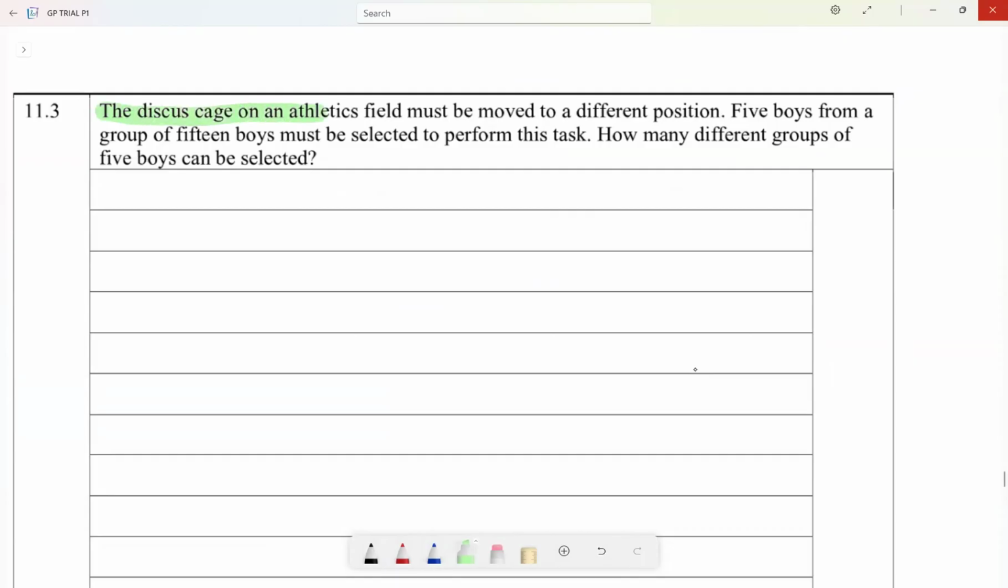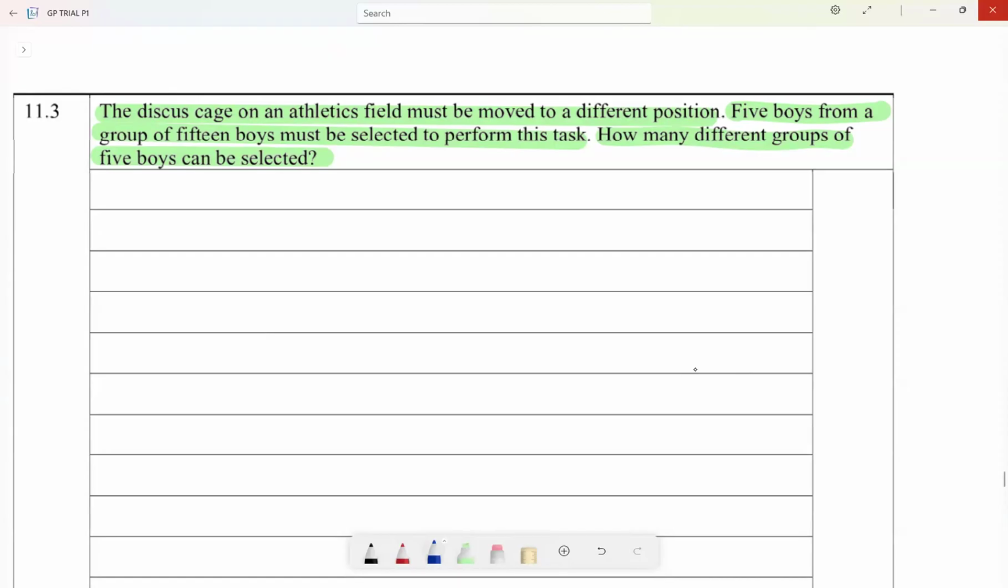It was removed, but I'm going to attempt it. The discus cage on an athletic field must be moved to a different position. Then 5 boys from a group of 15 boys must be selected to perform this task. Okay. And then how many different groups of 5 boys can be selected? Okay, so we have